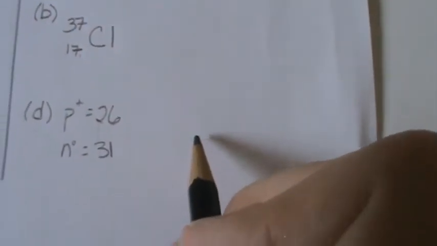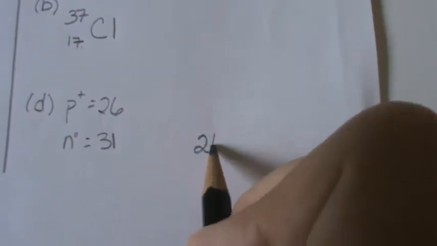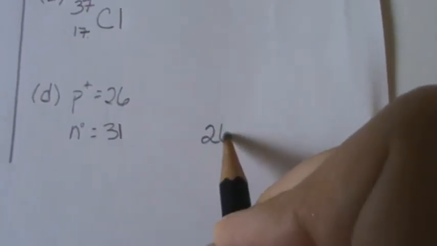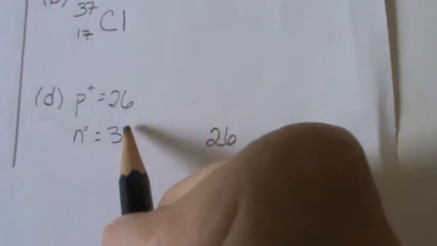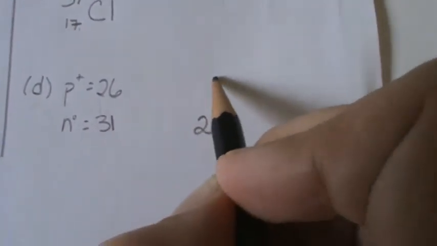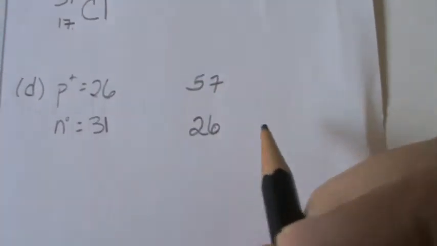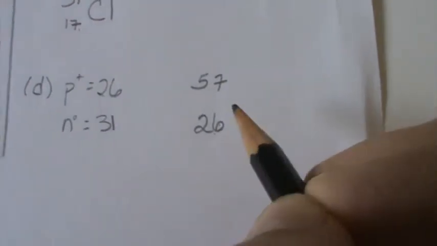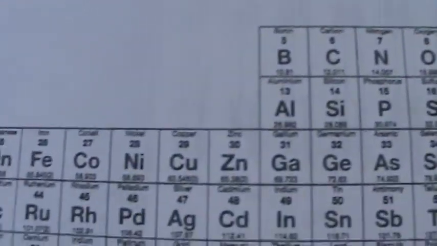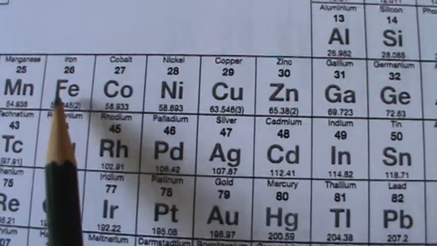So our Z value in this case is 26, number of protons is our atomic number. Our mass number would be neutrons plus protons, so 57. And we need to go find atomic number 26 over here, and it's iron. Okay, so we would come over here and then write